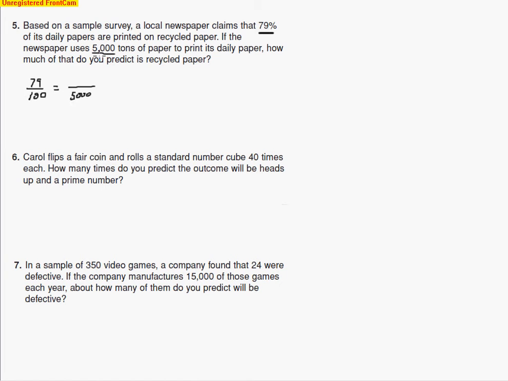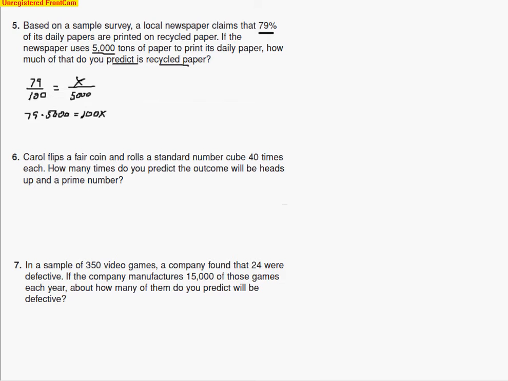Now they're asking us to predict how much recycled paper. Well, 79% is the recycled. That's how much the local paper claims is recycled. So that number goes on top. So that's what we're trying to figure out, is our prediction of the recycled paper from those 5,000 tons. So what we're going to end up doing is cross-multiplying. Multiply that 79 times by 5,000, and we're going to set it equal to the cross product of 100 and x. So we go ahead and multiply that 79 times by